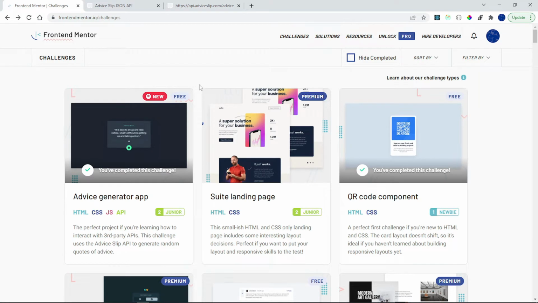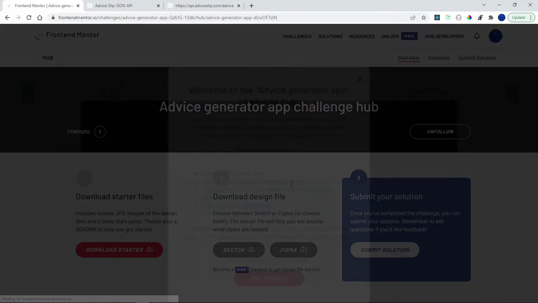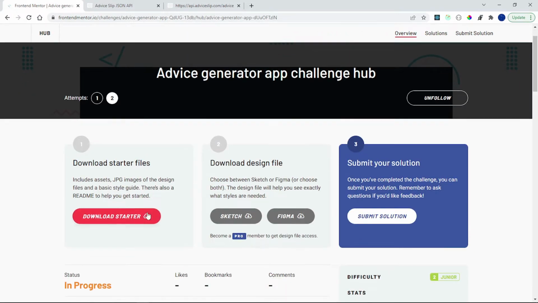Hello everyone, in this video we're going to be doing the advice generator app, and this time we're going to be building it in ReactJS. So you can go ahead and click on this card, and I want to click on restart so that it starts as a new challenge. Okay, you can click on get started and you can say download starter,